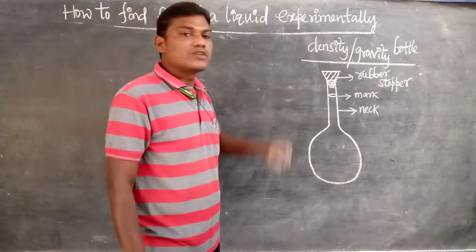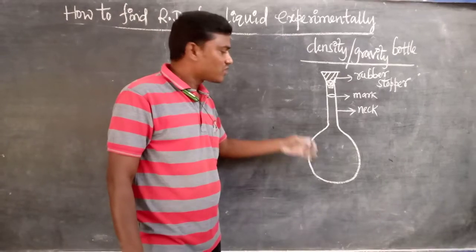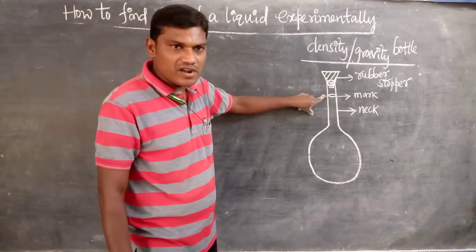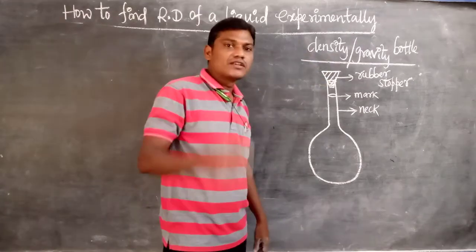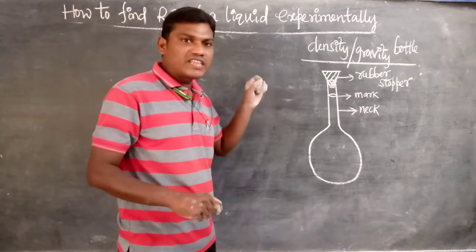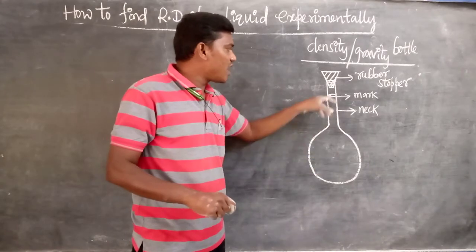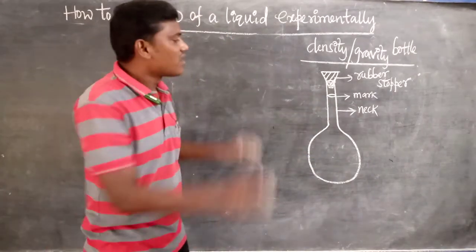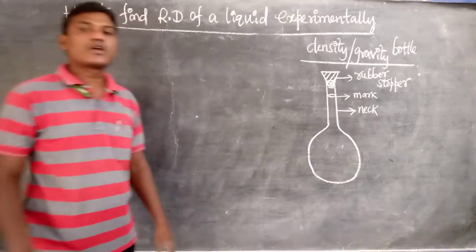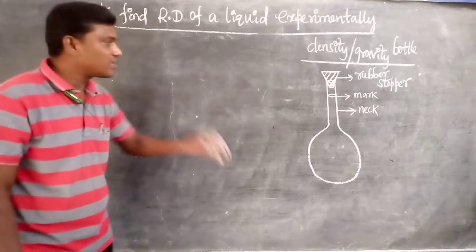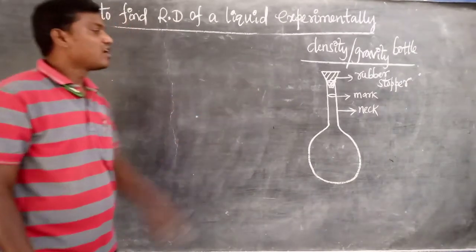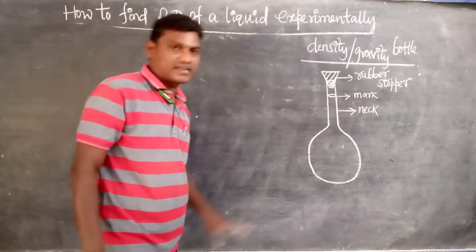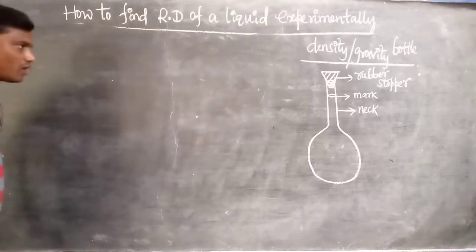If, for example, the capacity is 50 ml and the liquid is filled up to this mark, how much volume of liquid have we filled? 50 ml. That's why, whatever liquid we fill in the bottle, we fill up to the provided mark. That way we know exactly how much quantity of liquid is in the bottle. For that purpose, they provided a mark on its neck. Now come to that one.